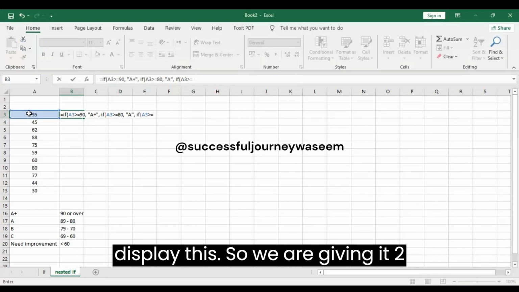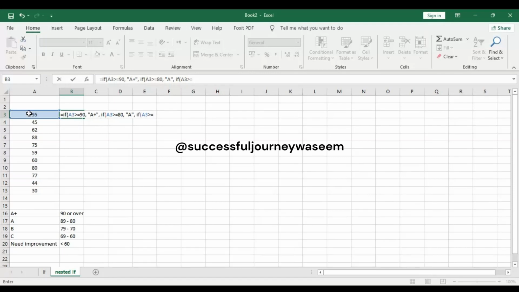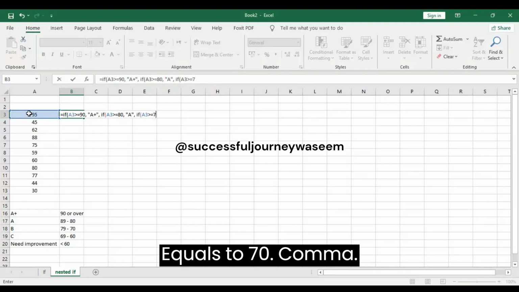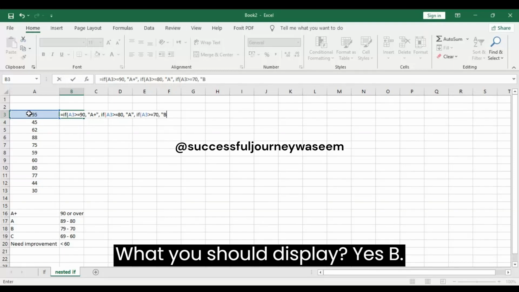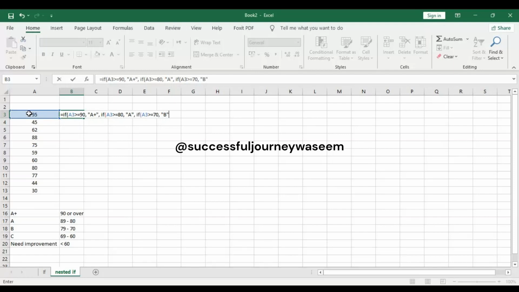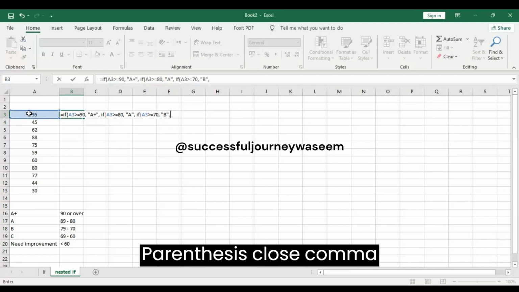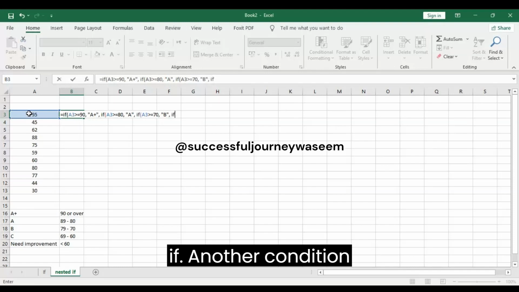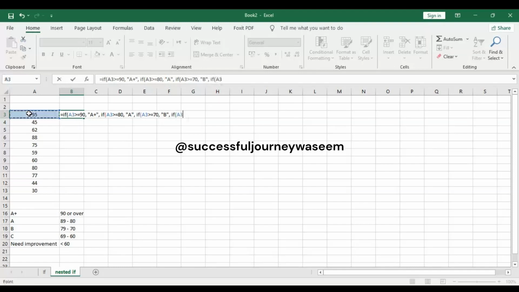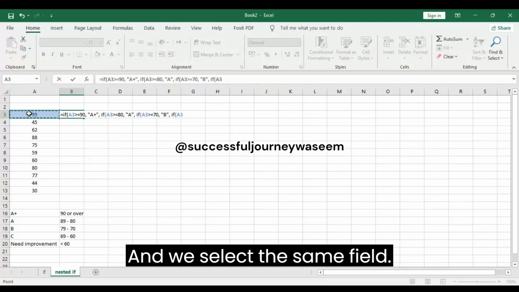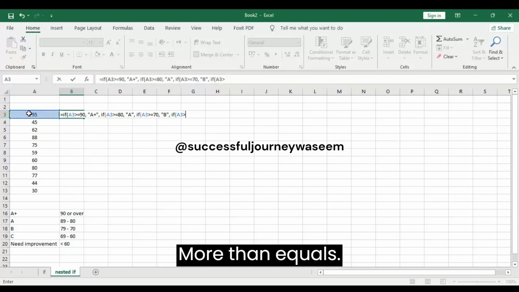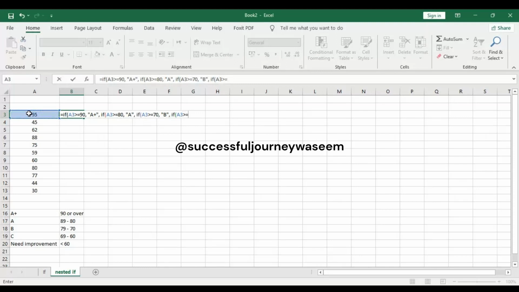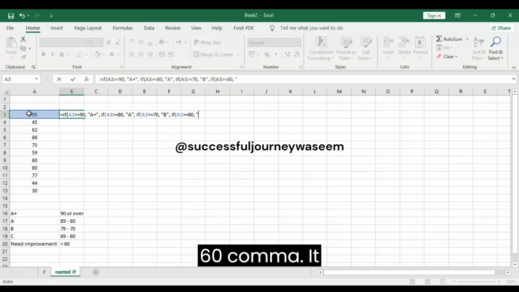So we are giving it two logics, equals to 70, comma, what it should display, yes, B, parenthesis close, comma, if another condition, bracket start, we select the same field, more than or equals 60, comma, it should say C,